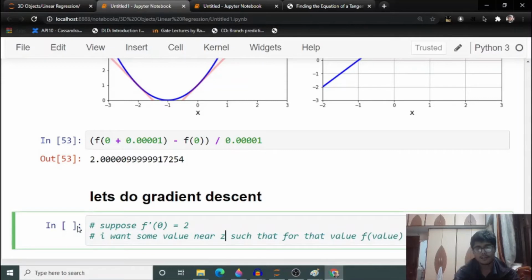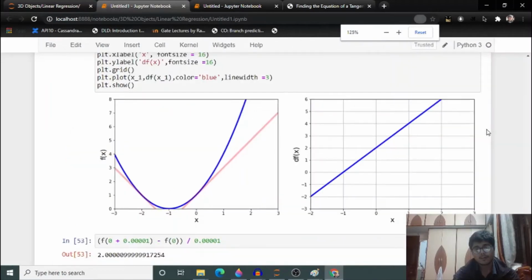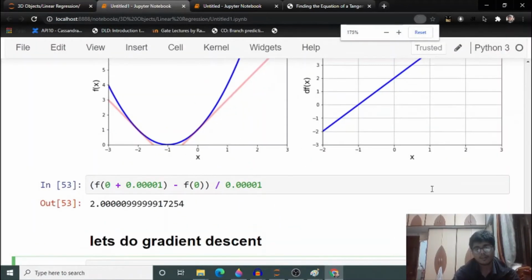Because we are explicitly drawing the tangent at 0, I have written this. So the question is how we will find this value. Let's observe this figure. I will zoom out, and here zoom in now.